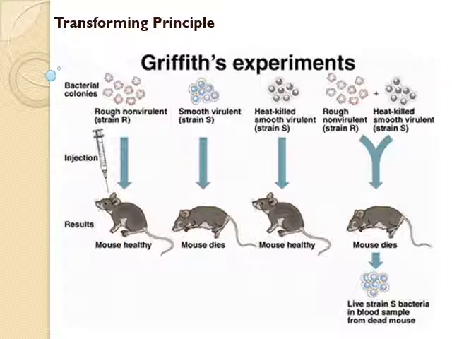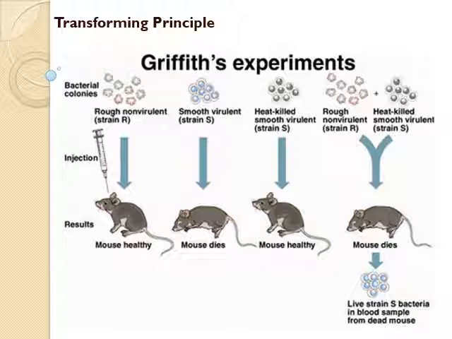Then Griffith killed bacteria by heating. After that, heat-killed S strain bacteria injected into mice did not kill them. On injecting a mixture of heat-killed S bacteria and live R bacteria, the mice died. He recovered living S bacteria from dead mice. From this experiment, he concluded that the R strain had been transformed by the heat-killed S strain bacteria.